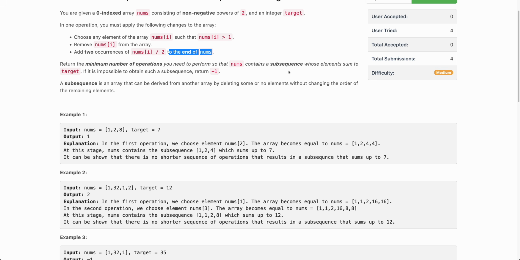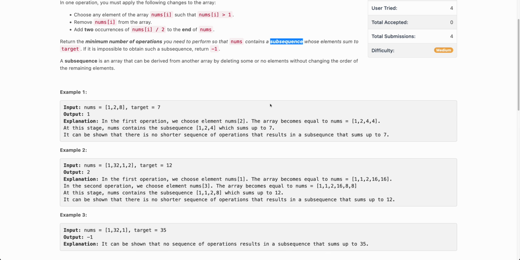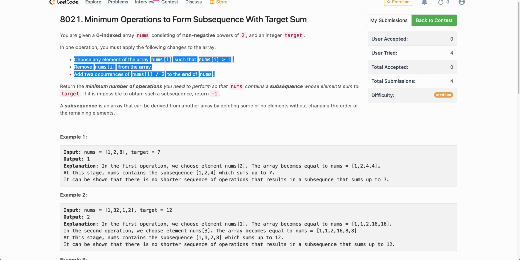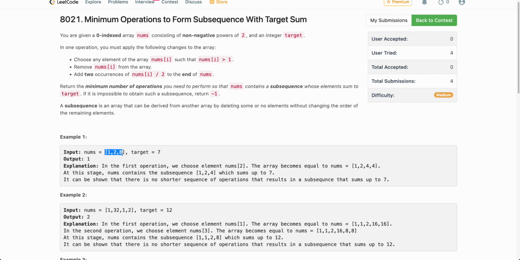That's the gist. Now the second part is the subsequence. Let's forget about the operations for now. Figuring out whether the given array contains a subsequence that can sum up to 7 or not is in itself a dynamic programming problem. So basically you are given an array, you have to figure out whether there is some subsequence that can sum up to the given target. So you can try this out yourself. It in itself is a good problem to solve, but